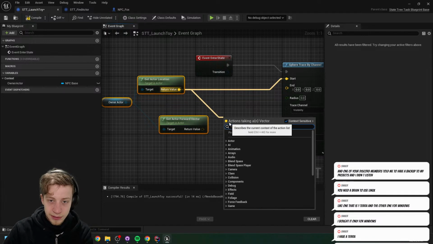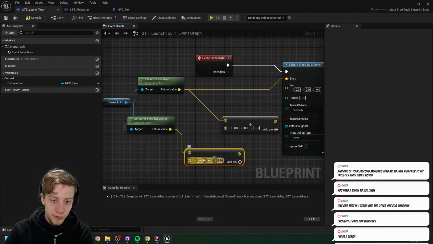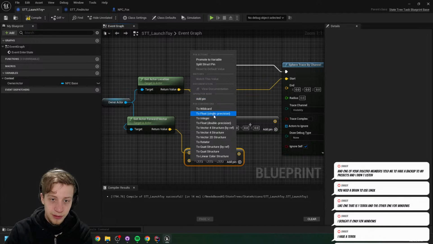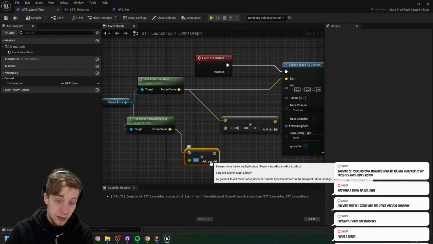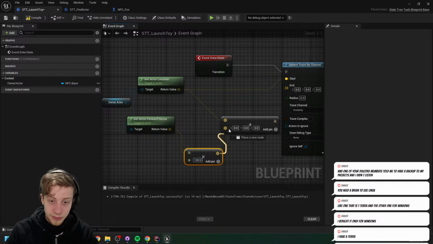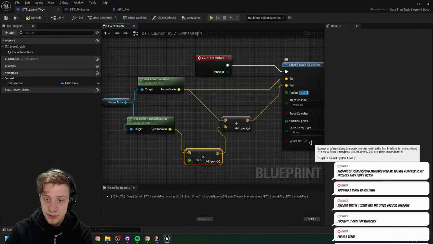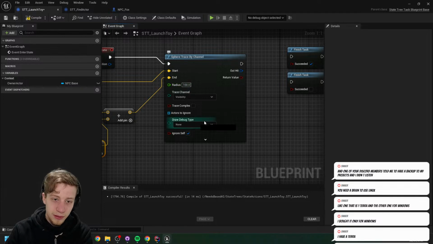I want to add these two together after we figure out how much forward we are looking. So let's say about 50 centimeters. Nah, let's say about a meter. This is our end. And this is about, wait, 100 is going to be a lot. Well, that's fine. Let's see it. Maybe we actually need it to be even more.